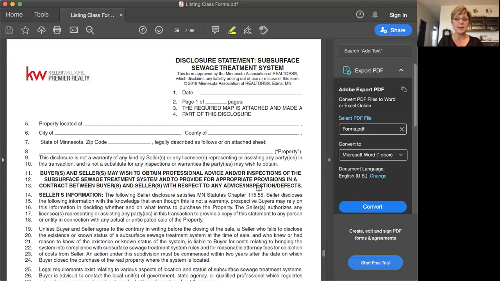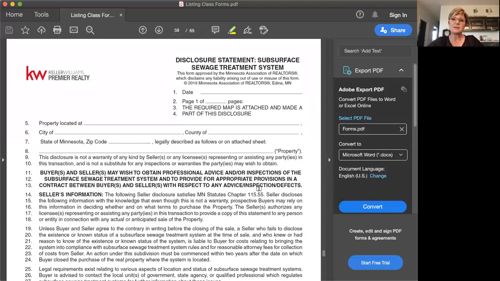be prepared for that. You can also talk to your sellers about, do you want to have the house pre-inspected and pre-tested for radon before a buyer comes along? So those are all discussions you should be having with your sellers when you're ready to list or getting ready to list a house. Okay, so this is that subsurface sewage treatment system disclosure or septic system disclosure that would